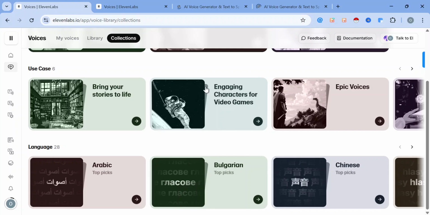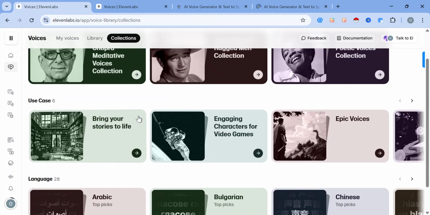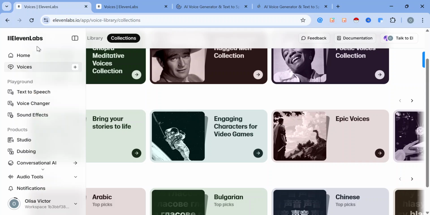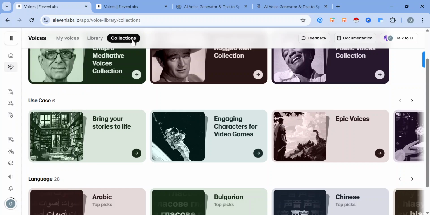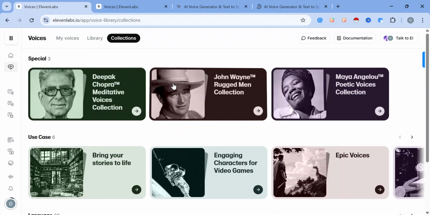I'm going to be showing you how to use Arabic voice on 11 Labs. So the first thing you have to do is to go to the 11 Labs website and click on the sidebar option menu here, then click on my voices, then head on to collections where you'd see a variety of voices to choose from. Just scroll down and choose the Arabic